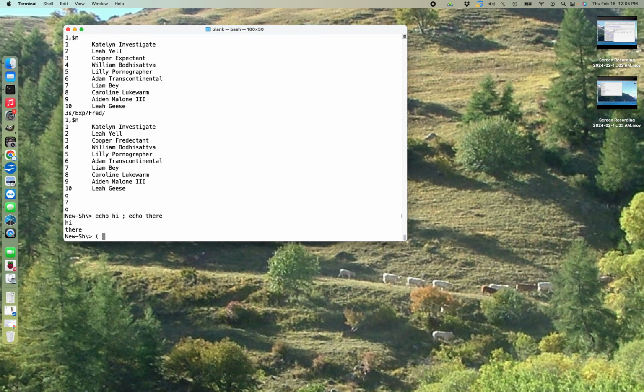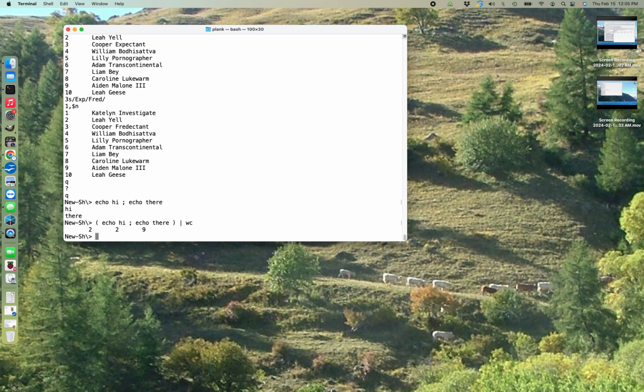However, there's also putting something in parentheses. That gives you a subshell that'll execute these commands in. So now if I say echo hi and echo there, right, now I can pipe that to word count, and it'll combine the two, and then it allows you to basically run that in a subshell, and then you can pull out of that subshell and do another shell command. You need to be careful about environment variables when you do this, because if you set an environment variable in the subshell, it's not going to come back to your supershell.